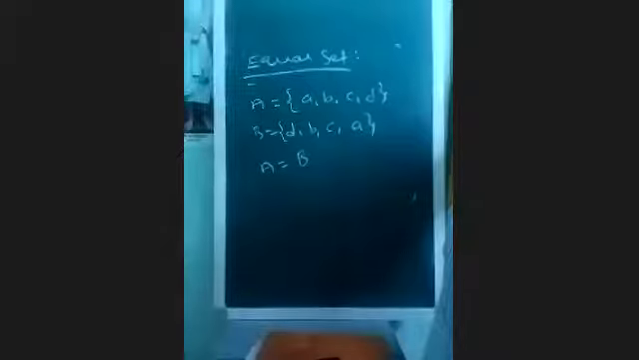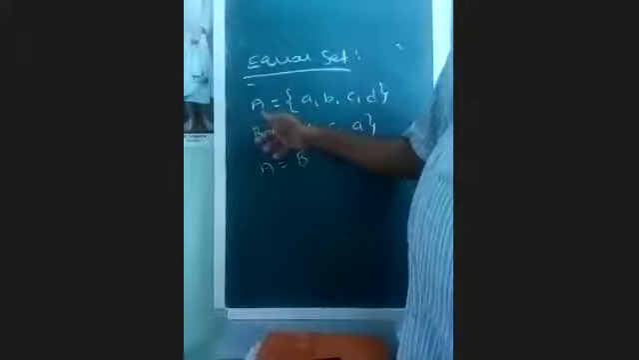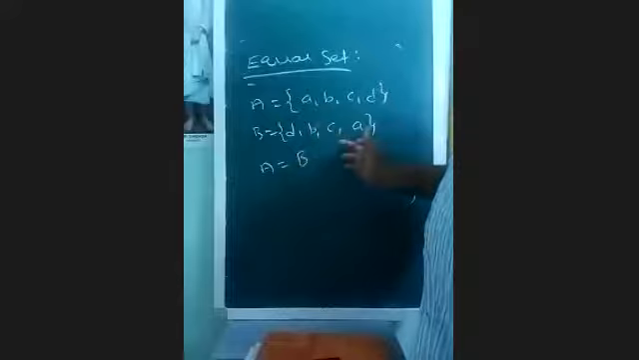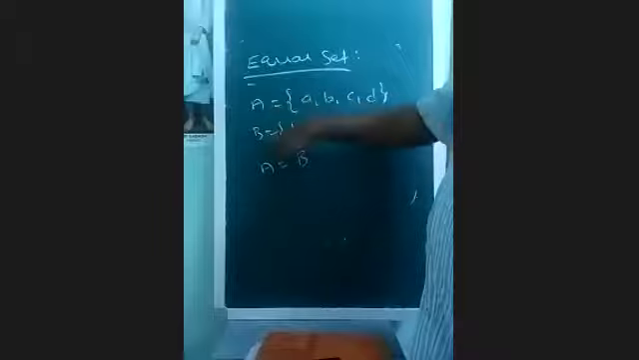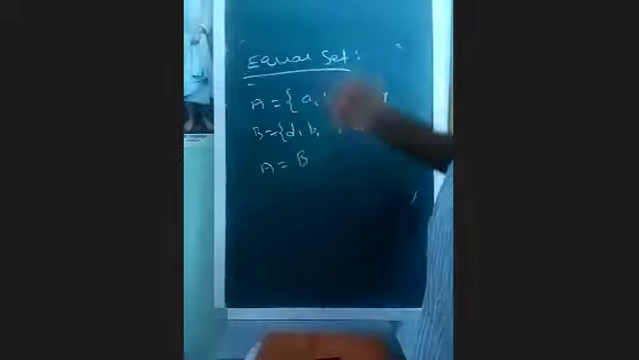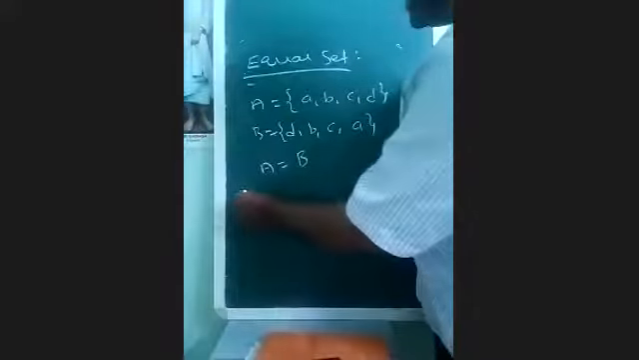What is the definition of equal sets? A and B have the same elements: A, B, C, D and D, B, C, A. Those elements can be written in alphabetical order, A, B, C, D. Those two sets are equal, A = B. This is called equal sets. Next one,